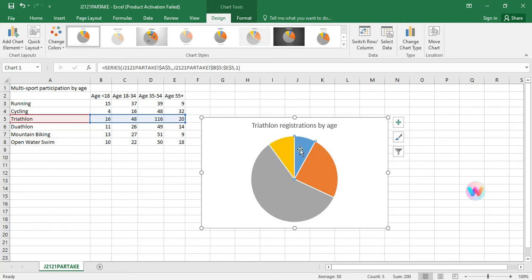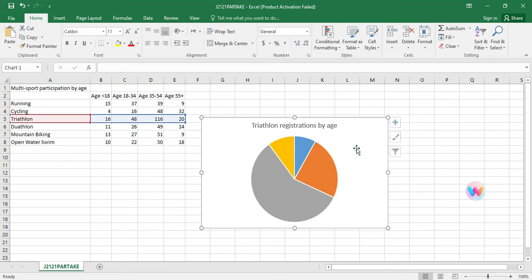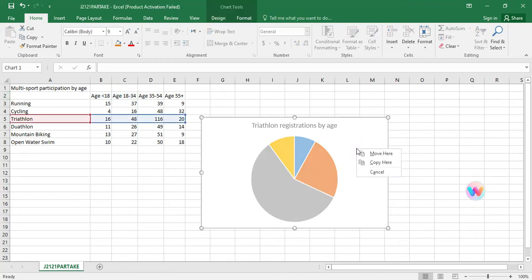Now we have to show the age group. Till now we didn't add the age group, we added only the values. The age group also we have to show, as well as the percentage of each number. So first we will show the age group. Click on the chart, right click on the chart,